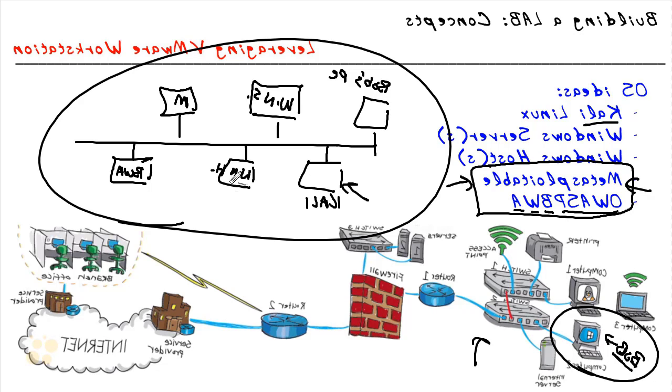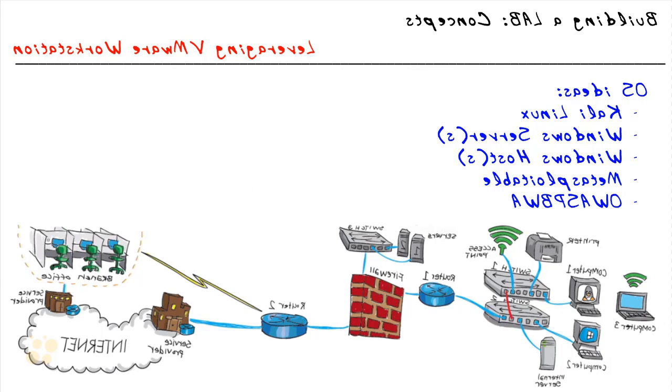And the great news is that most of these can be virtualized, so we don't have to have physical systems for each of them. For example, let me clear the board here for a moment. What Bob could do is he could go ahead and have his computer right here. So this is Bob's PC. And Bob could be using an application called a hypervisor. One of the most popular hypervisors out there is from VMware, and it's a product called VMware Workstation. They also have an equivalent version or similar